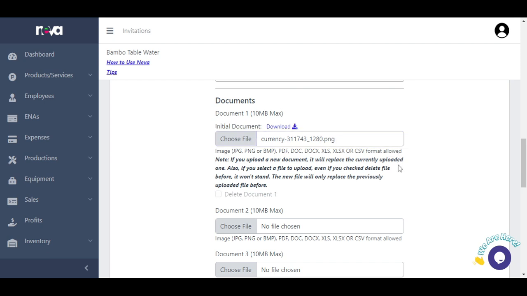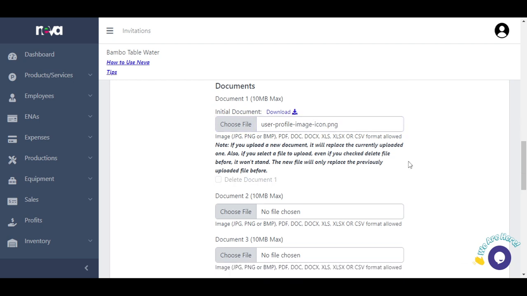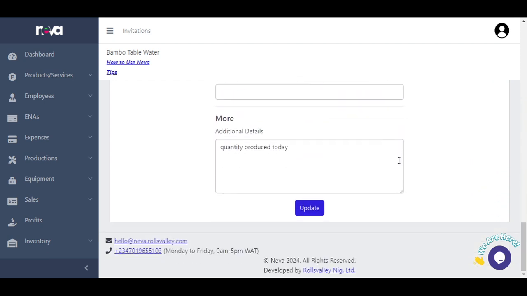And by the time we do that, okay, let's see. Let's use this image. And please note, once you edit a production record, the owner and the managers of the business, that is, team members, actually do get email notifications that it has been altered. So once we click update,